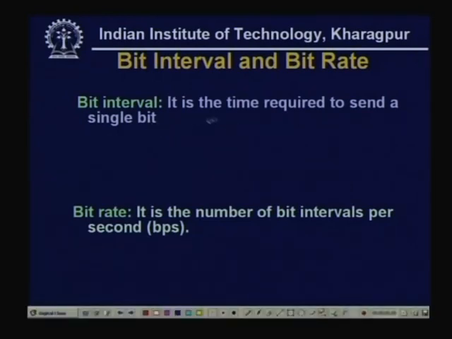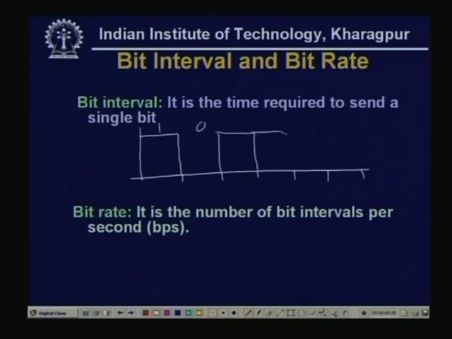For example, bit interval is the time required to send a single bit. For example, this is a digital signal, say this is 1. So, these are the intervals, say 1 0 and then it can be 1 1, and this interval is essentially the bit interval, say this time t is the bit interval, and bit rate is, if bit interval is t, then the number of such bits that can be sent in 1 second is essentially 1 by t. And this is known as the bit rate,